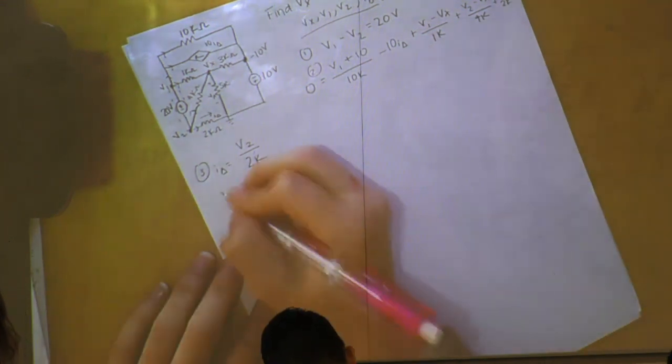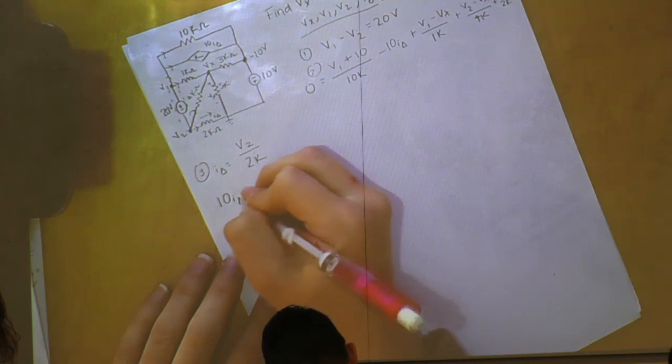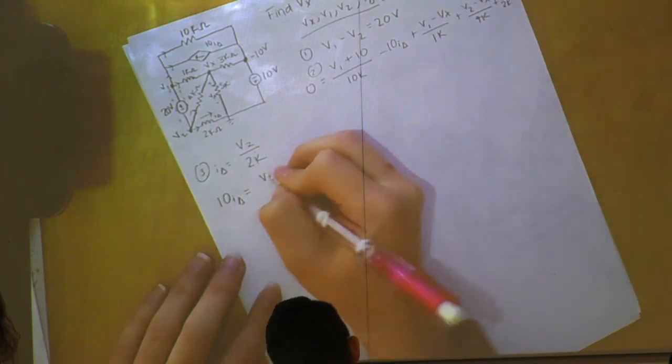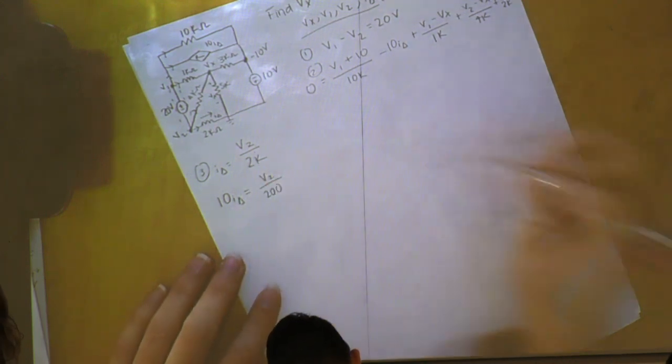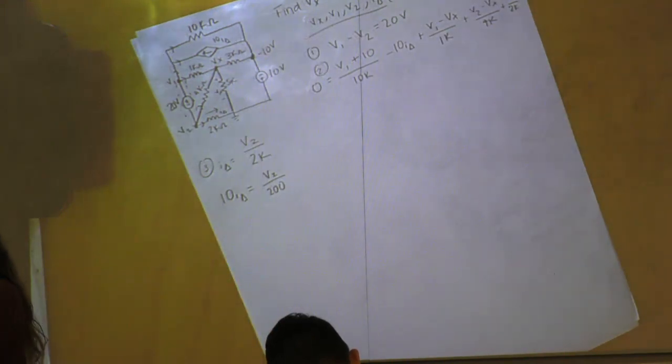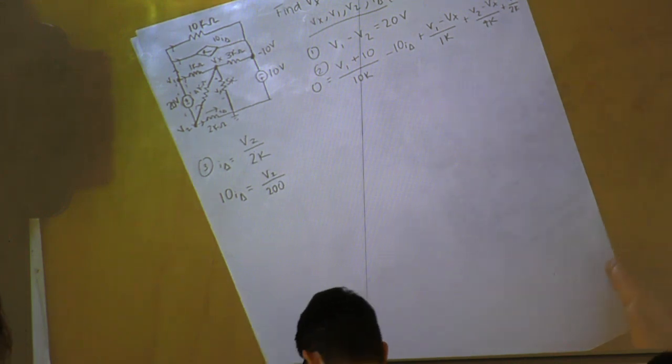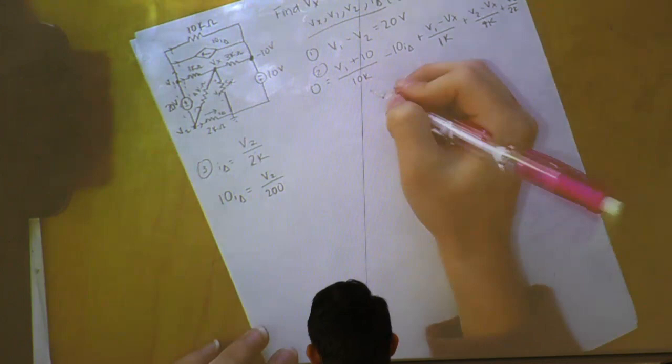To make it simpler, we can say what our 10 I delta is going to be. That's going to be V2 all over 200. If we plug this in,